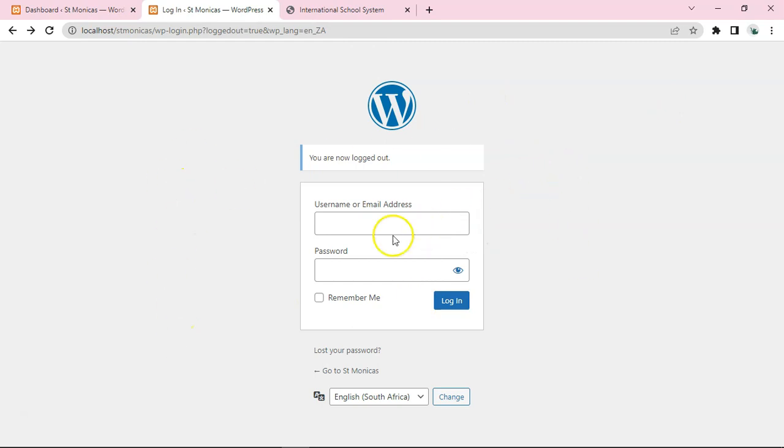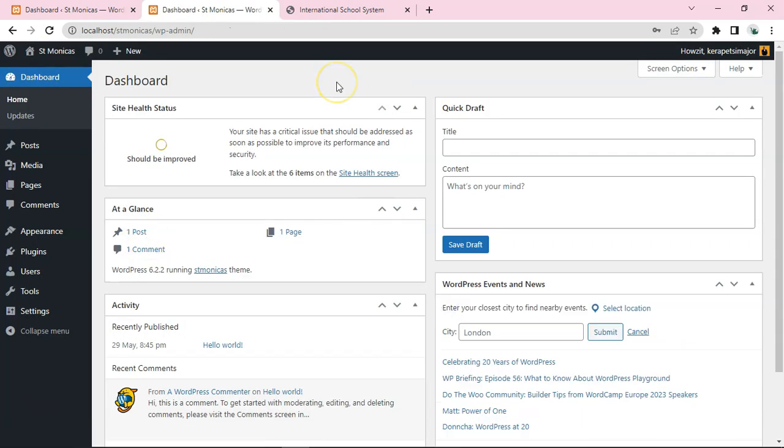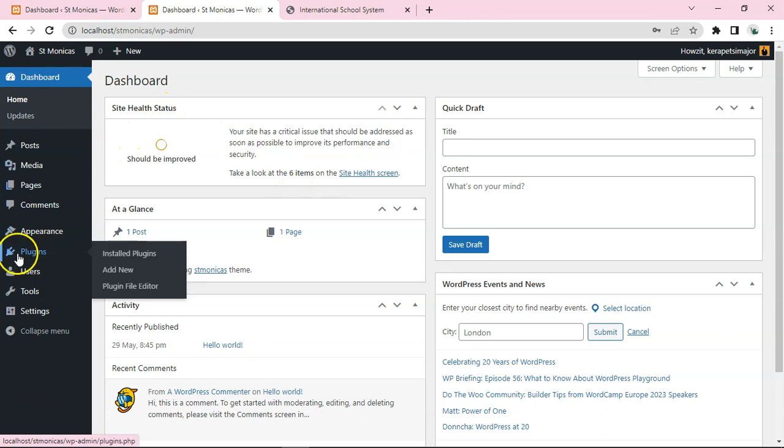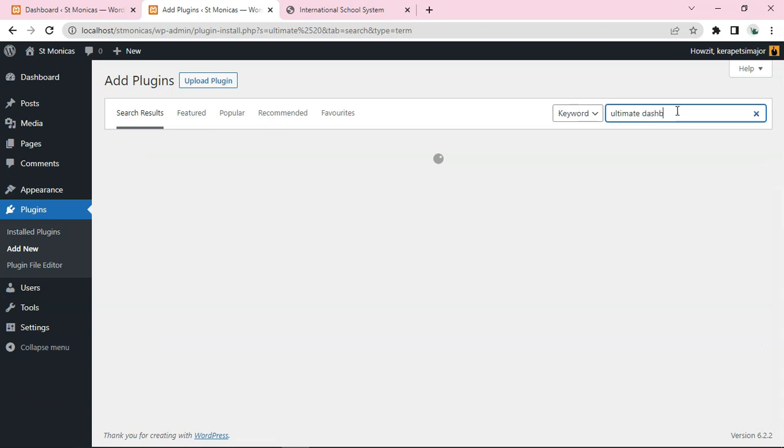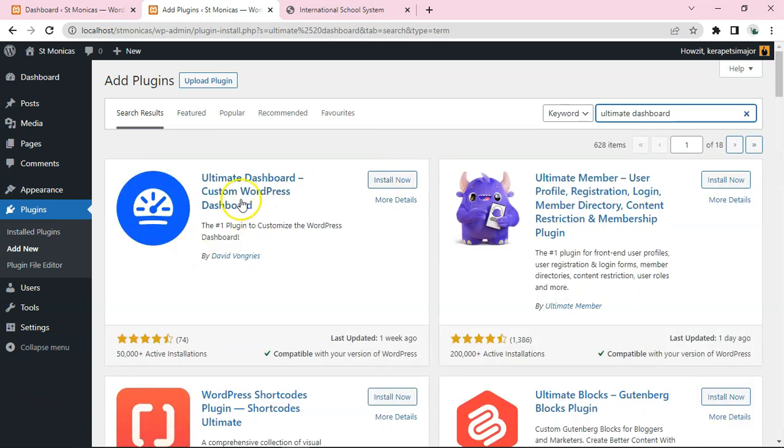To do that, we will need to log into WordPress. So I'll log into my WordPress account. From here, we'll need to use a plugin. So we'll go to plugin and we need to add a new plugin. So we'll say add new plugin. And then we are searching for a plugin called Ultimate Dashboard. You can see that it has many active installs. At the moment it is 50,000. And then we'll install the plugin